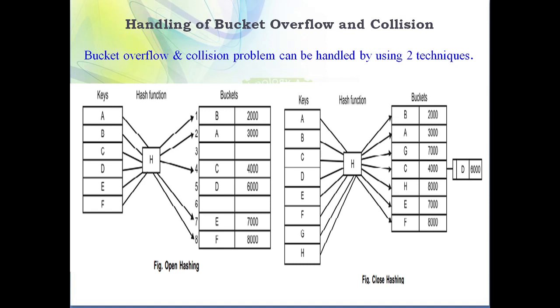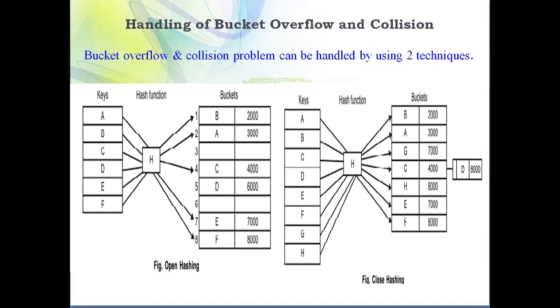Here you can see this bucket number 4, and we are trying to store C as well as D, but this bucket has capacity of storing only one. So this is an overflow problem. So there are two problems, one is the collision problem and the second one is the overflow problem. In case of collision, both the search keys are mapped to the same bucket. Overflow means suppose my bucket size is 1 and I try to fit two passengers in one seat. So this is the problem of overflow.